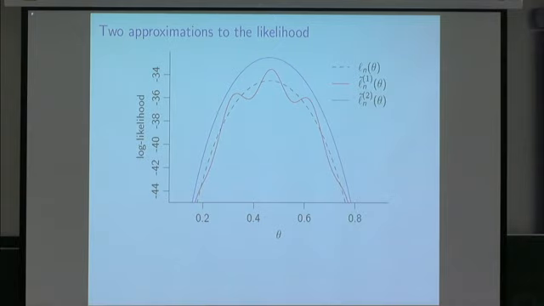But if you go back and look at what those approximations actually are, you see that the blue approximation is just the log likelihood shifted up by 2 units. Because it's just shifted up by a constant, it's going to give you inference which is exactly the same as the inference you would have got using the log likelihood exactly. So that doesn't seem a very desirable property to have. We want to get rid of the effect of shifting by constants, so the obvious thing to do seems to be to differentiate this error.